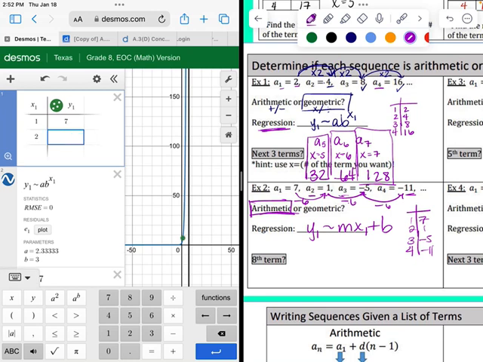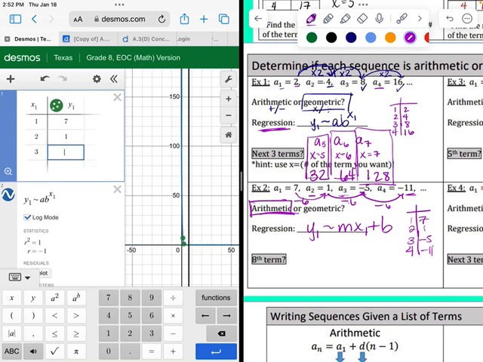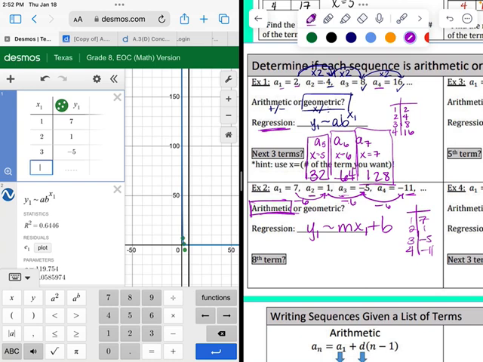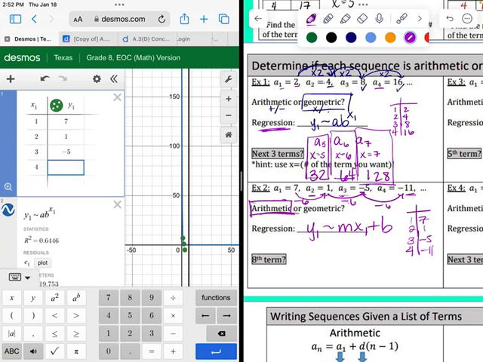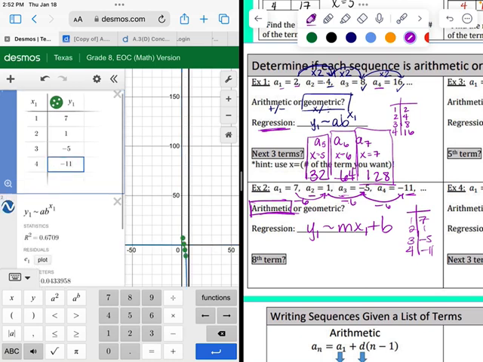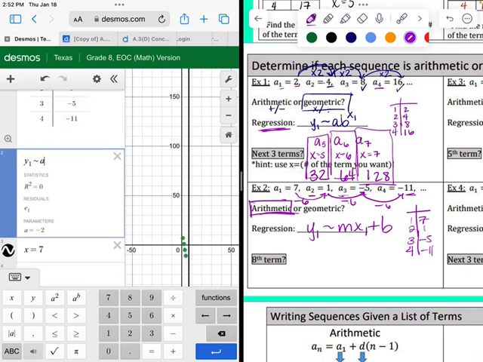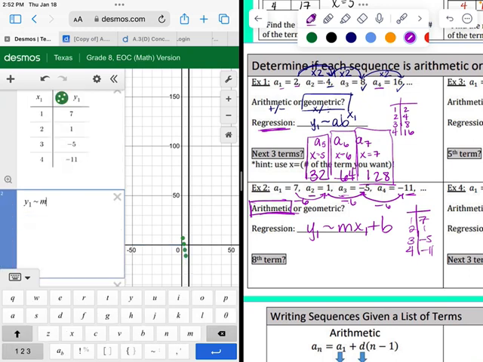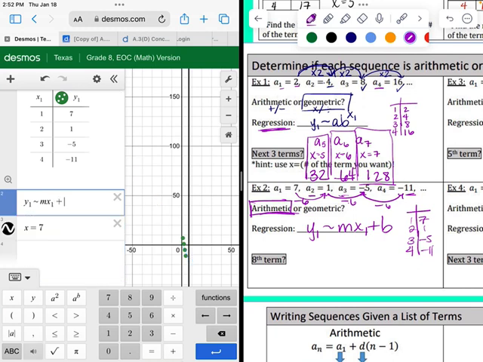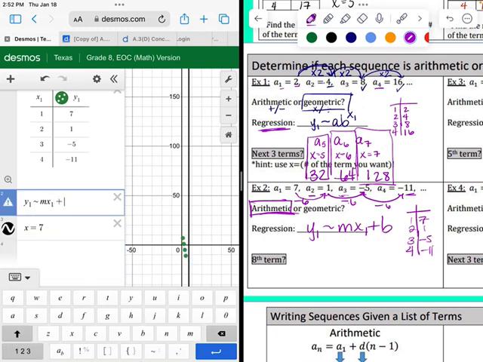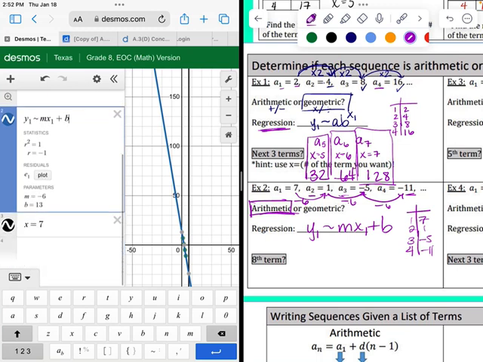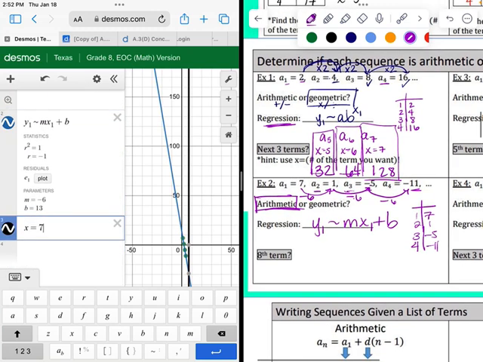7, 2, 1, 3, -5, and 4, -11. And we said we want linear regression this time, mx1 plus b. That plus, just like arithmetic, where you add stuff in, or subtracted. Okay? And now, if I want to check for the 8th term, A8, I would do x equals 8 and